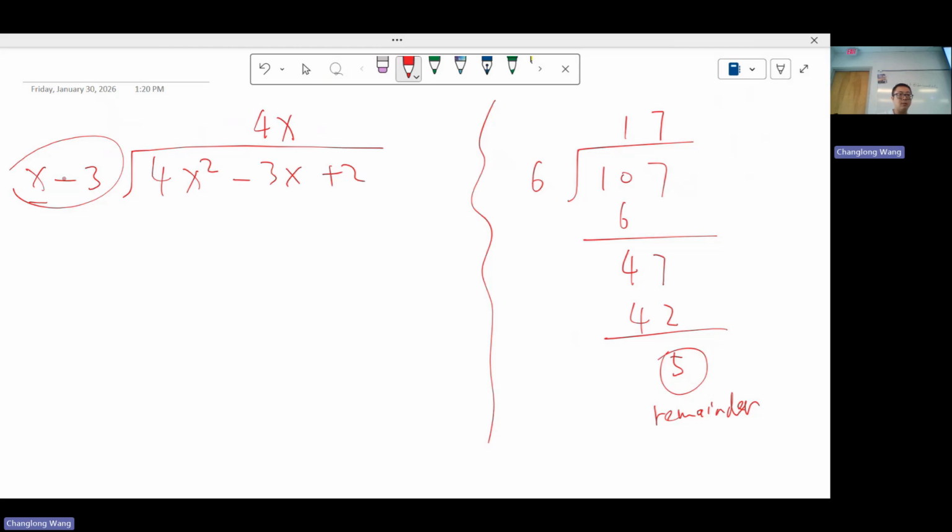So 4x times x, you get 4x squared, right? And that has to be like that, right? If you don't get 4x squared back, that means you did something wrong with the quotient. The second term, 4x times -3, so you get -12x, right? So now let's draw a line, and now